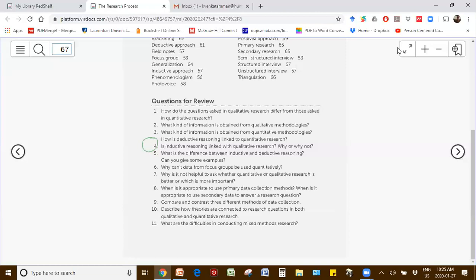Next question follows the same pattern. What's the difference between inductive and deductive reasoning? And it asks for examples. Now, if I give you all the examples, I'm doing you no favors. Well, I mean, I can, but you are taking the exam, not me, right? So I'd much rather say, think of examples. If you think you have a good example, but you're not sure, you can ask me about it. I'm happy to go over the example with you.